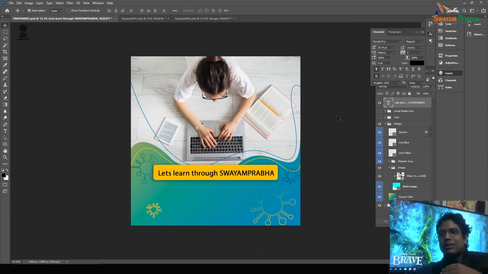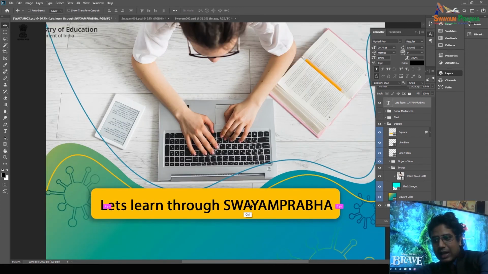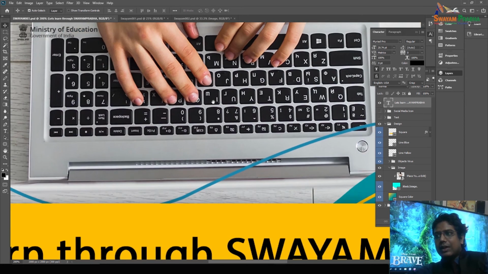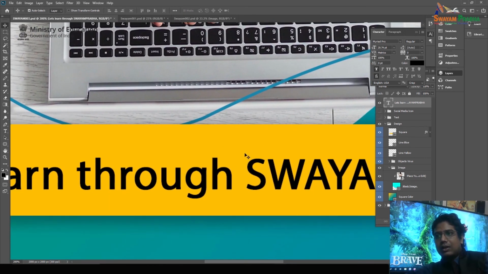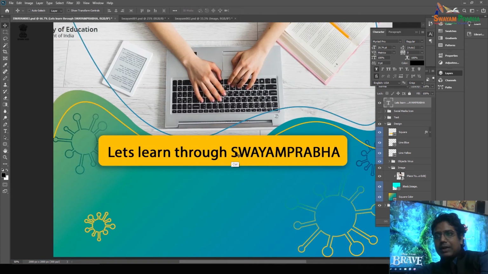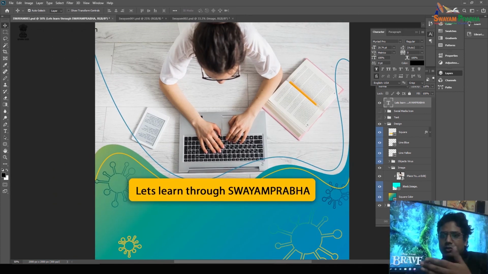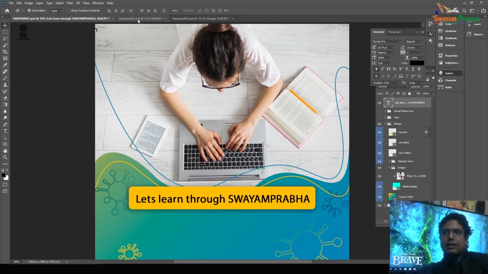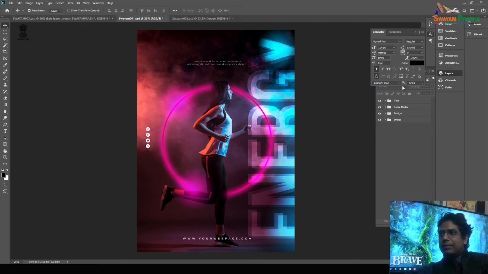So in Photoshop, whatever we are doing, this is by default a raster graphics based application, but the text that I typed here right now is vector graphics based text, right? So these things we can implement here, right? And let us go with some more examples. This is a second example. One poster could be a gym poster, right?